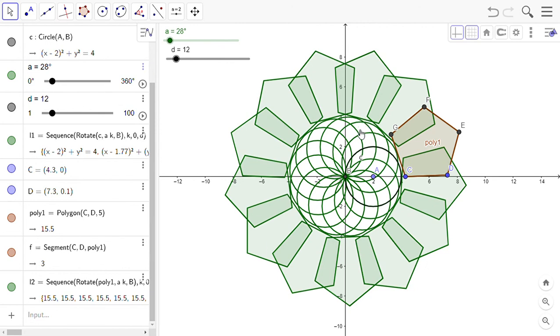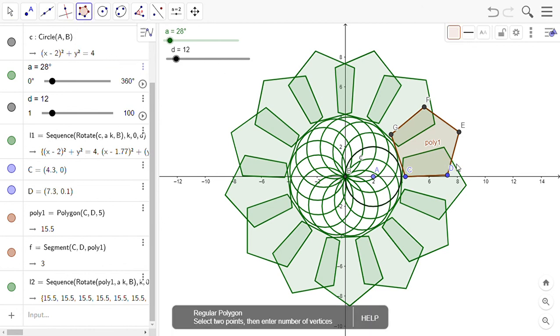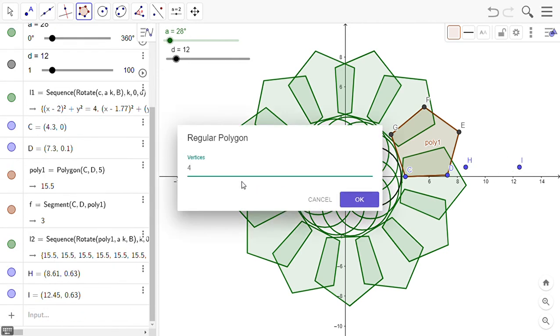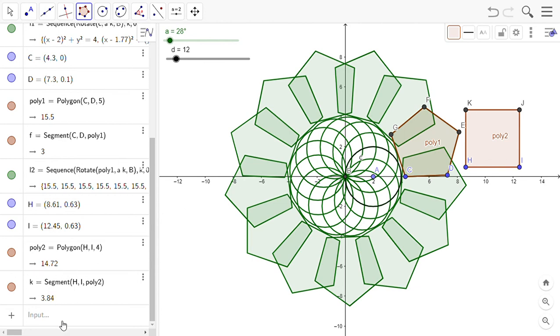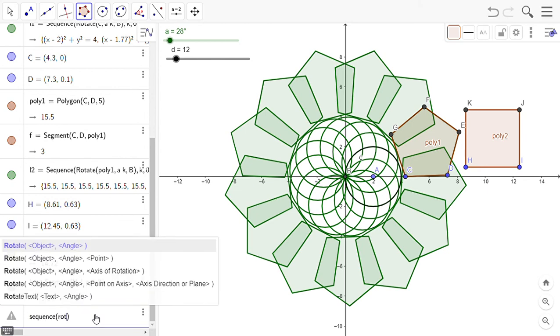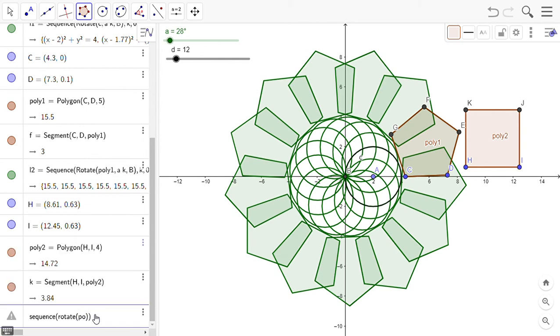Wow, that's another rosette pattern of pentagons, and let's adjust the color maybe later, because I will add more objects. How about adding squares? A square has 4 vertices. Again, use the formula Sequence: rotate the polygon 2, which is our square, poly 2 at a certain degree times K at center point B, where K represents the number of copies from 0 to